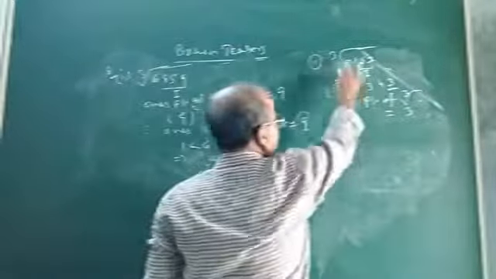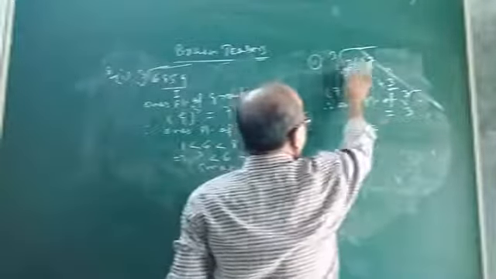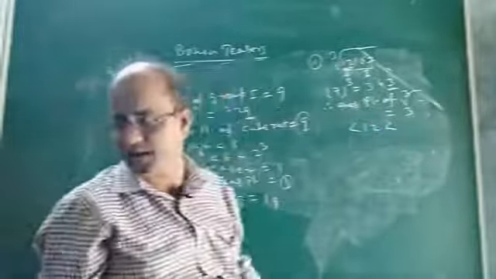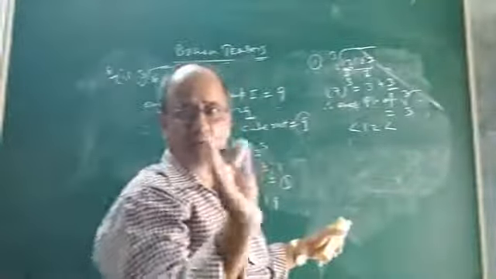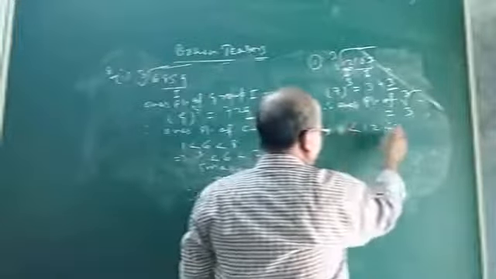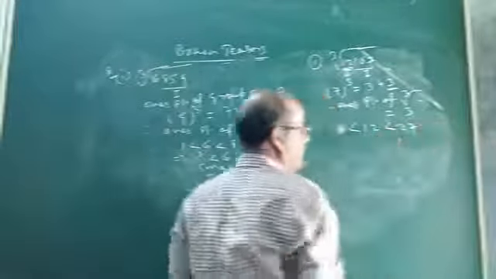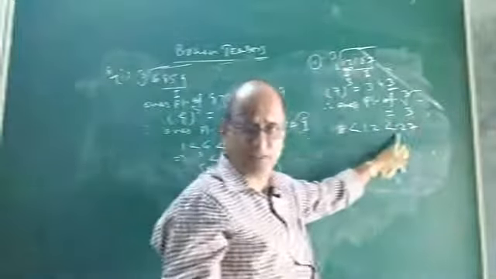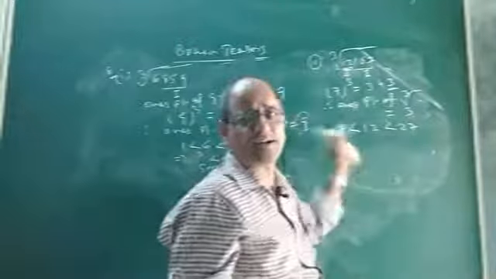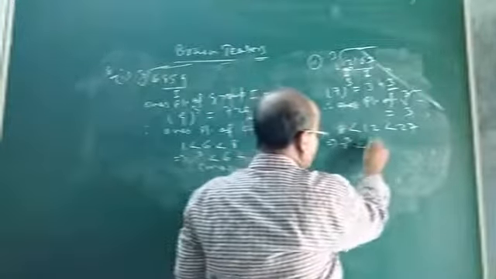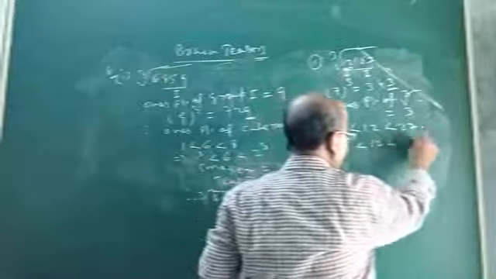Now how to get the tens place? Look at the number. It is 12. Now find out between which two nearest perfect cubes 12 lies. Clearly it lies between 8 and 27. Because 8 and 27 are perfect cubes and 12 lies between them. 12 is less than 27 and greater than 8. Okay. So this will be 2 cube less than 12 less than 3 cube.